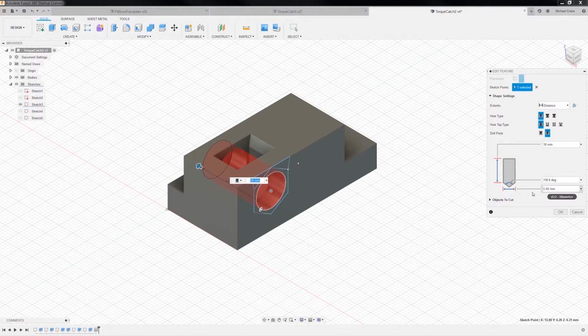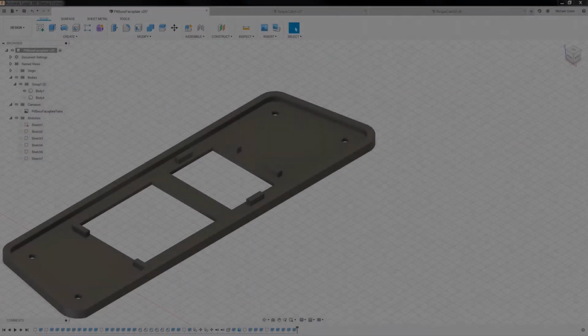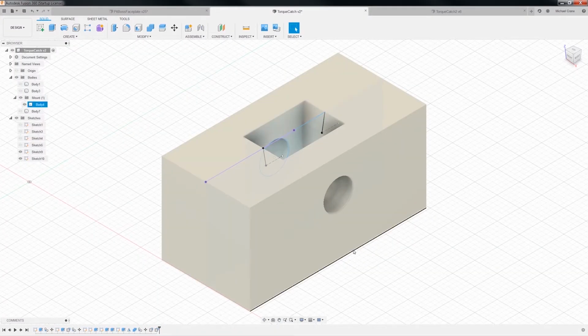drill point. Oh, this is a weird diameter. I must be looking at it just cockeyed. So 3.6. Much better. Yes, that looks much better. Okay, so I was looking at this guy, and now that we've got our torque catch done,